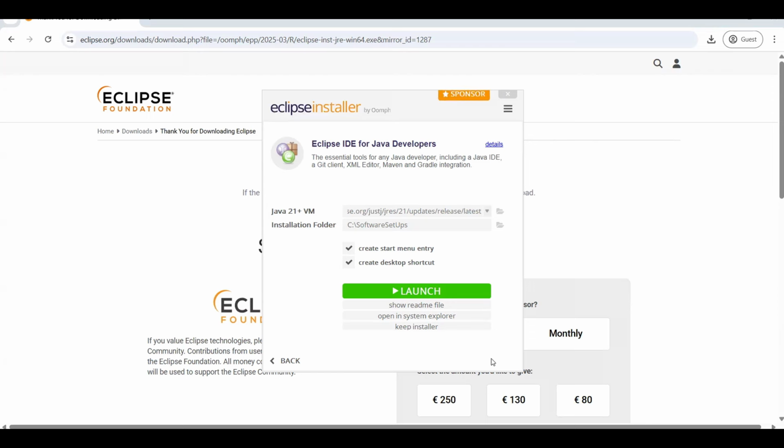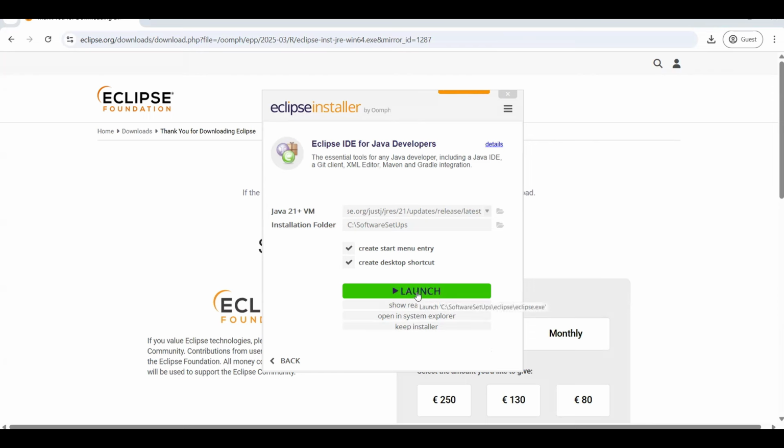All right, our Eclipse is installed. I only click on launch. Now, when I click on launch, what happens is the IDE starts up. If my Java is installed at the right place, my IDE picks it up from that location and starts its interface.